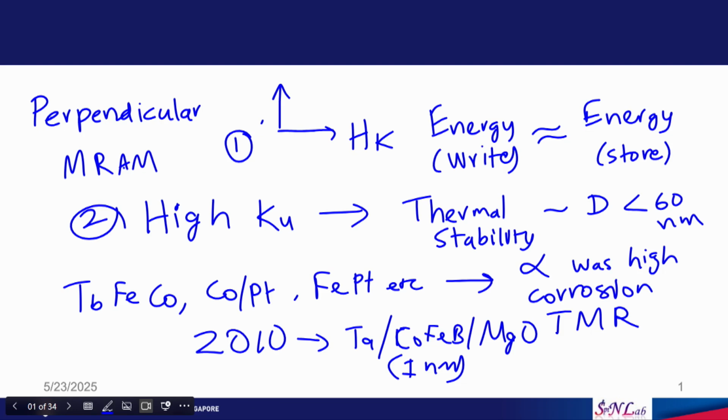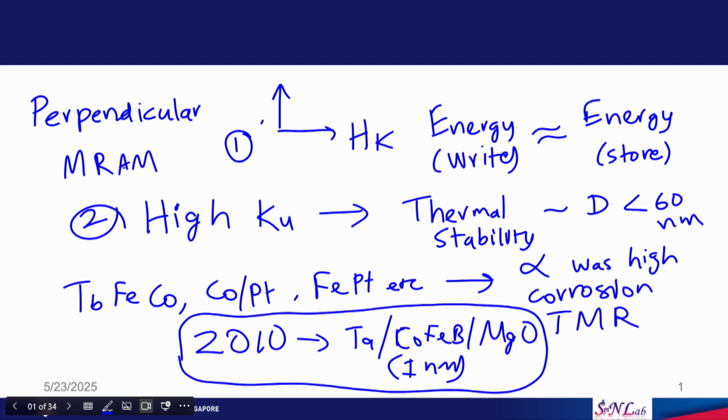So, this was an exciting result. This discovery enabled the perpendicular MRAM. This material has no problem in achieving high TMR. This material is not corroding. The corrosion problem does not exist, and this material also had a